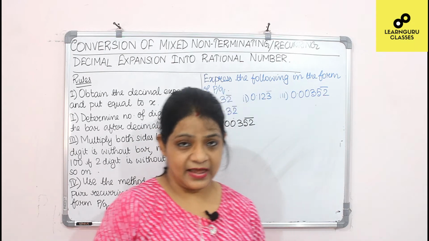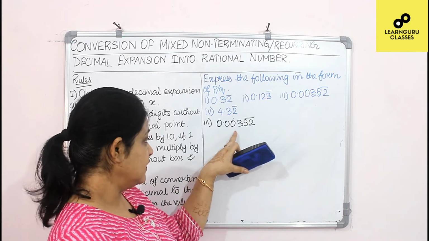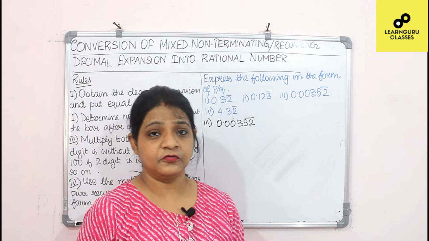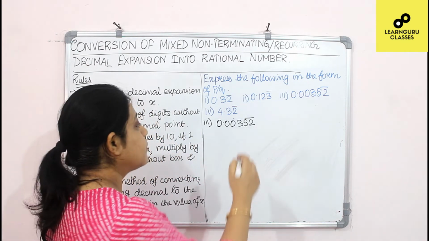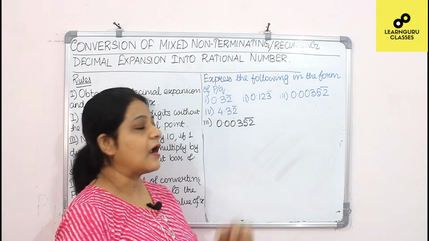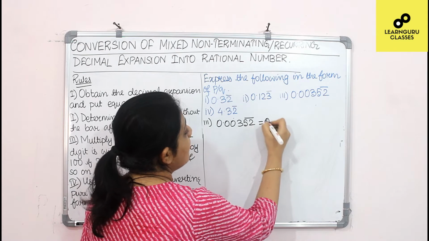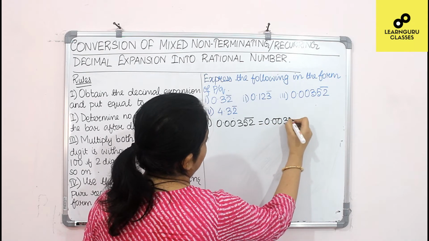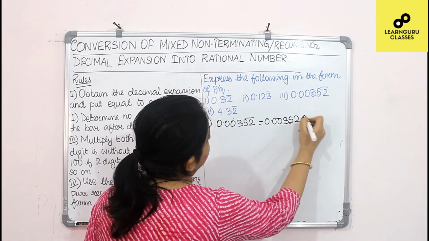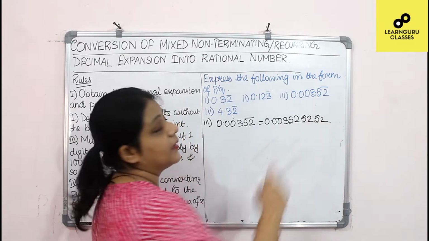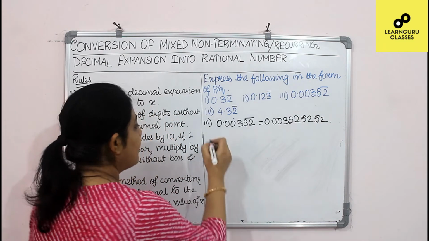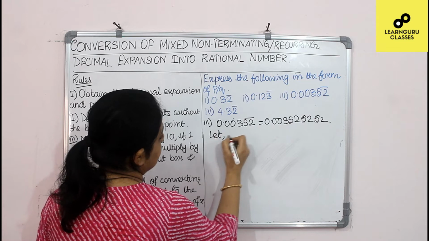Let's look at the next sum. So what is given? 0.00352 bar. Okay, so how many digits are under the bar? 2 digits are under the bar. So this is a mixed recurring decimal expansion where the sequence 52 is being repeated. So first step is let x equal to